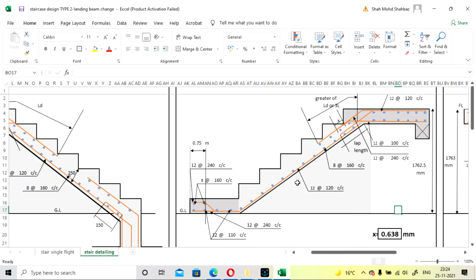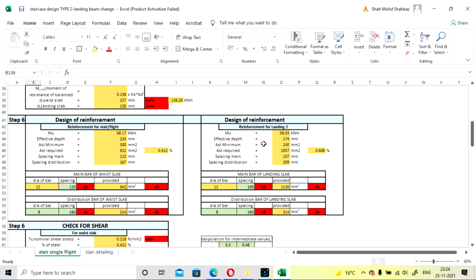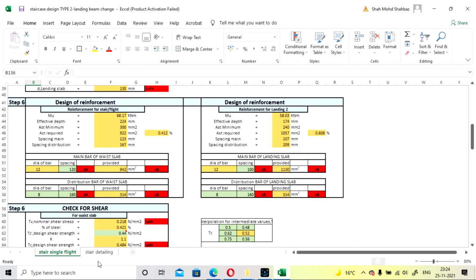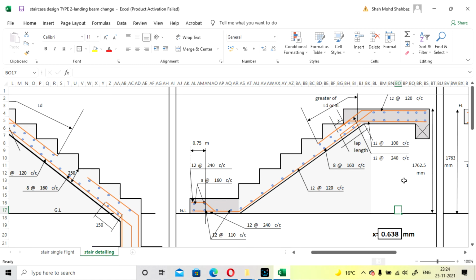So see here, it is 12 of 120 and 8 of 160, the distribution bar for the base slab. Similarly for the second landing, 12 of 100 and 8 of 160. It is the landing slab, 12 of 100. This is your main slab for landing.